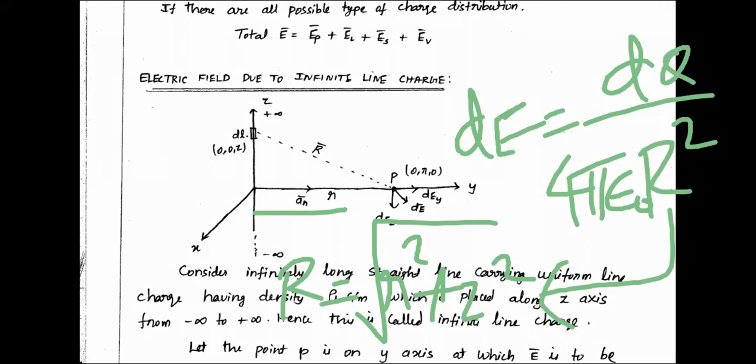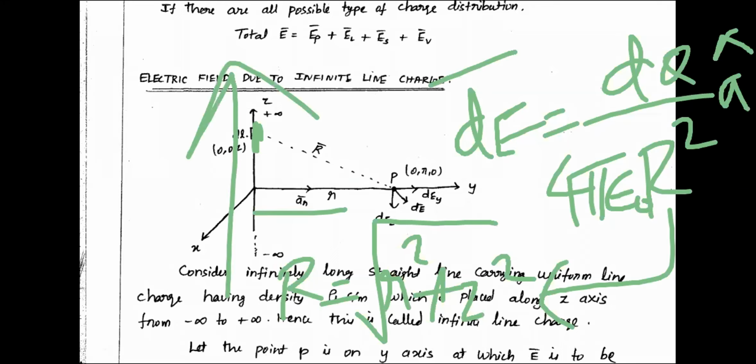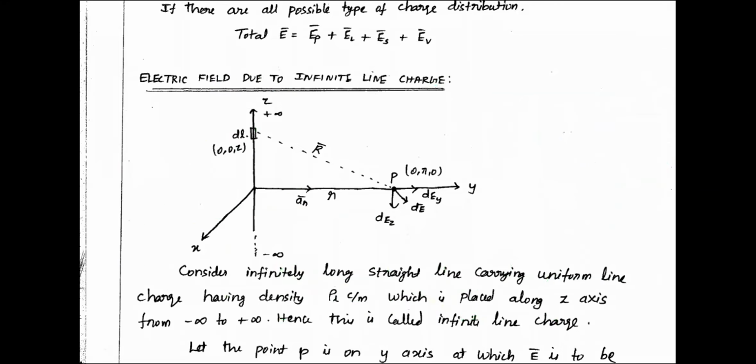Once you know the electric field direction, this is the unit vector direction. Just now I have found out what the direction is. Once you substitute all this and do the integration, because you have taken an elemental charge, you integrate over the entire length, then you will get the final electric field E instead of dE. Anyway, everything will be very clear here.